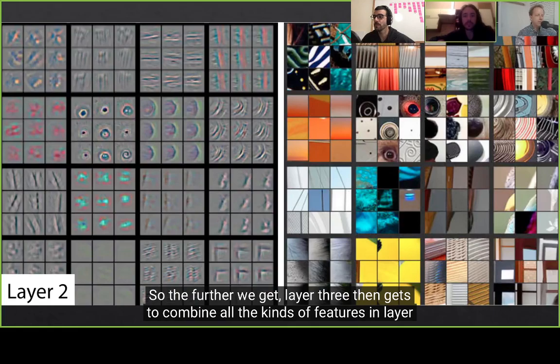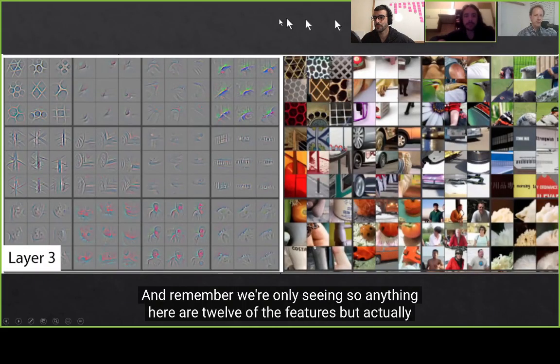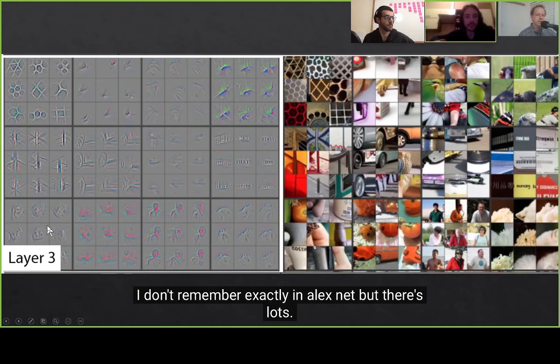So the further we get, layer 3 then gets to combine all the kinds of features in layer 2. And remember, we're only seeing here 12 of the features. I don't remember exactly in AlexNet, but there's lots. But by the time we get to layer 3,